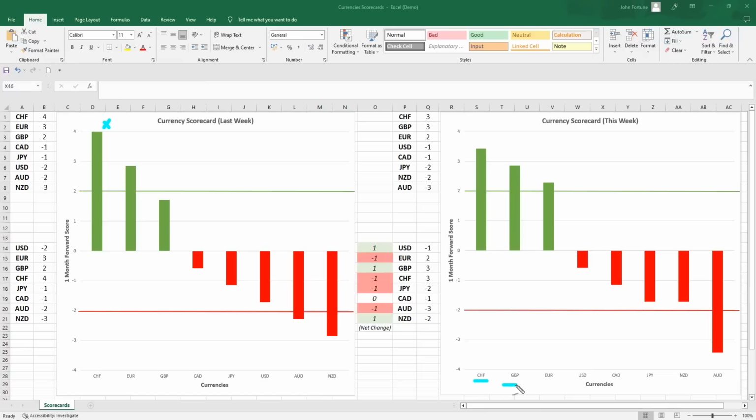The pound really is the standout currency here this week. Why? Because we have a currency which is strong and getting stronger in the scorecards. And we also don't have the exposure to the interest rate decision. So definitely pound longs I am interested in as my top play this week.